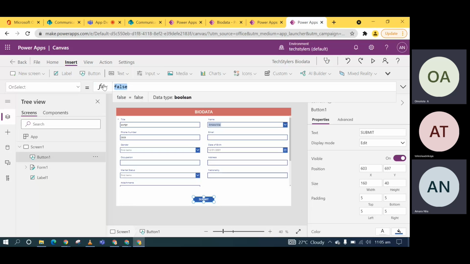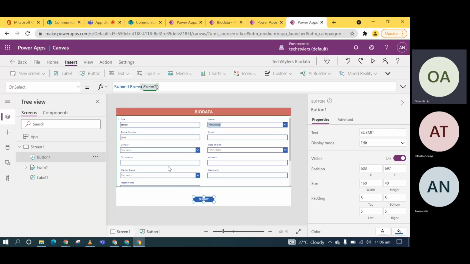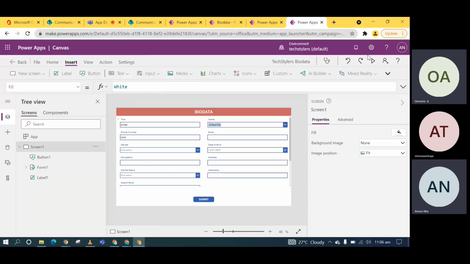Yeah, submit the form. Yeah. So the name of your form, so it's going to be form 1. Yeah, so when we play this,